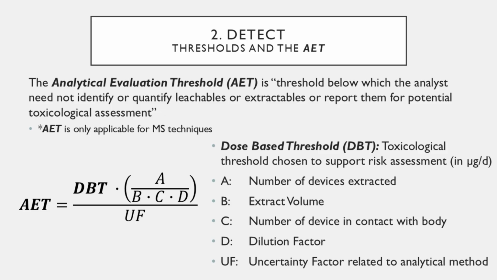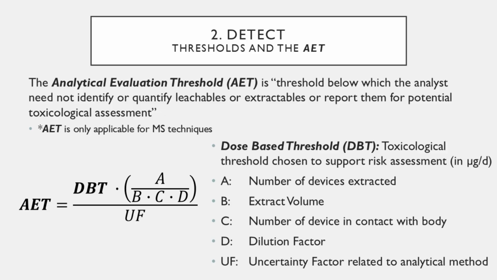Now, moving on, the number of devices in contact with the body. Again, I might test 3 knee implants at a given time, whereas I might only put one or maybe at best 2 knee implants into the body. So I can increase the number for A in order to decrease my required sensitivity, and then have a lower number for the actual labeled use,